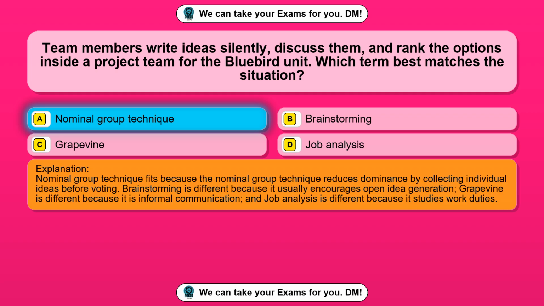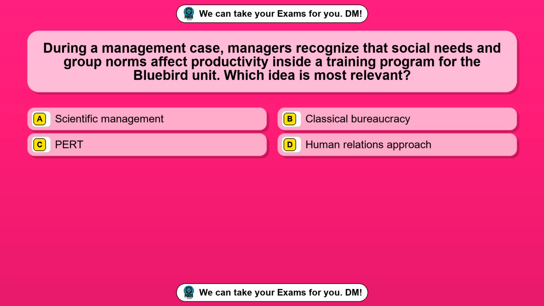Nominal group technique fits because the nominal group technique reduces dominance by collecting individual ideas before voting. Brainstorming is different because it usually encourages open idea generation. Grapevine is different because it is informal communication, and job analysis is different because it studies work duties. Question 83. During a management case, managers recognize that social needs and group norms affect productivity inside a training program